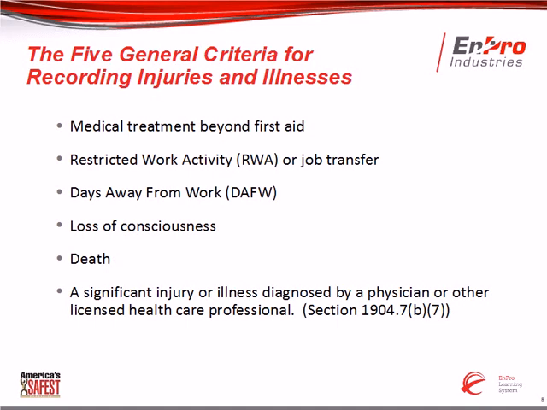If I see somebody on our manufacturing floor that appears to be having pain in their hands and wrists, it would make sense for me to want to move that person out of that job before that exacerbates the injury even further and becomes a full-blown injury or illness. But if I were to put them on light duty or restricted duty where they are unable to perform the routine functions of their job, that would be a work-related injury that should be recorded on my log. Same thing would be said if that employee went to a doctor and a physician or other healthcare professional recommends that they follow some restrictions that prevent them from performing, again, their routine functions. That would be recordable.